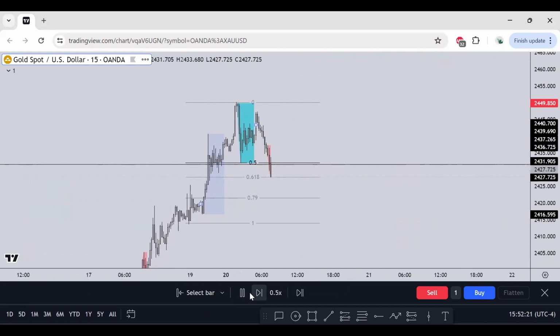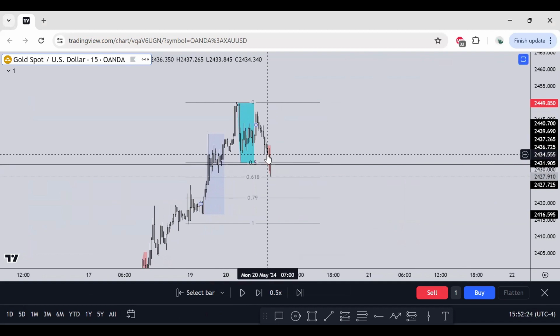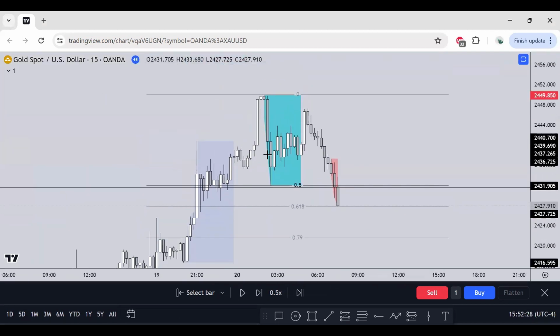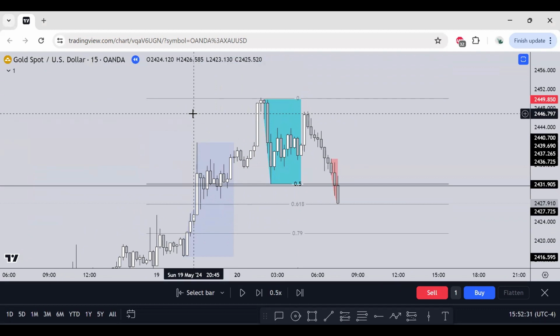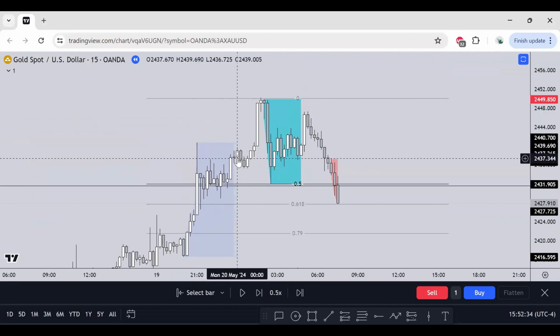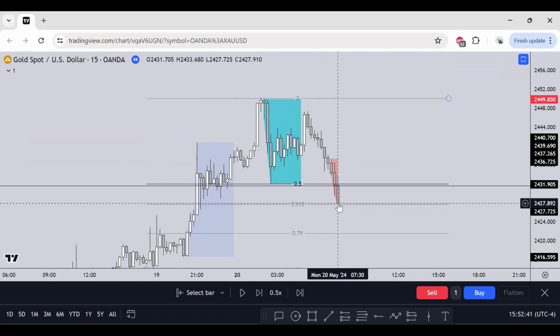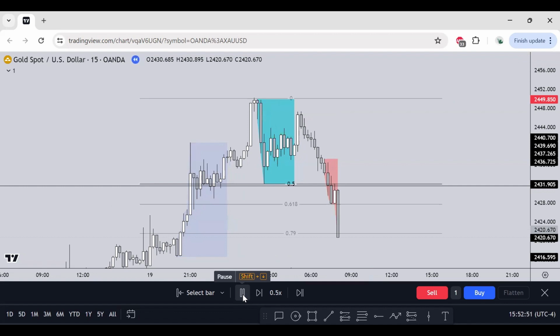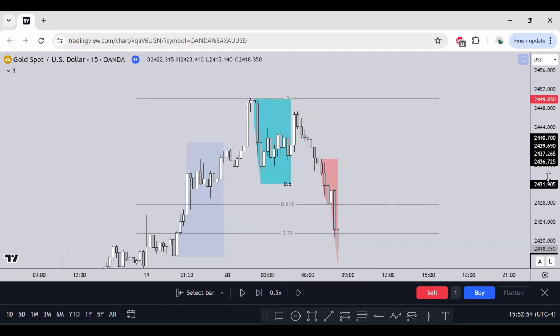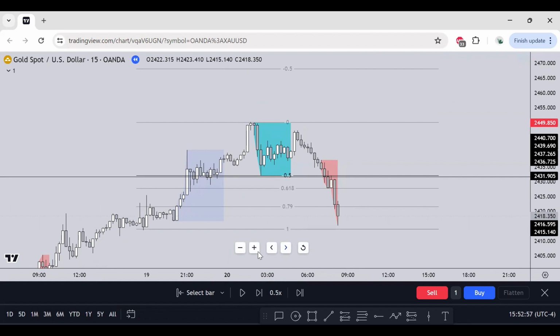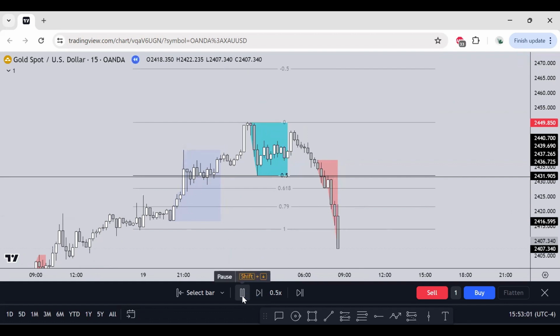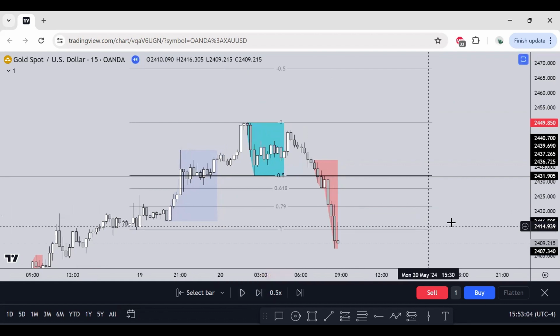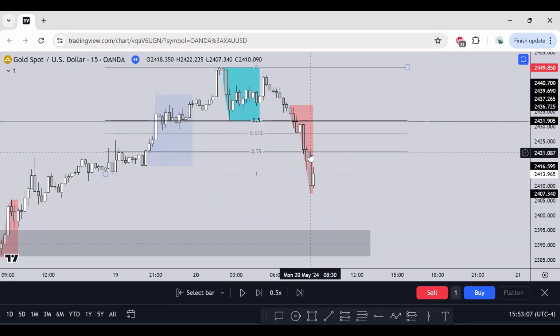Let's go to the first one. Oh, I'm on the 15-minute. So this is where the New York kill zone has started. One of the ideas is if I am looking for buys, I want the price to be below the blue midnight open. And if we come into New York time, I want to take buys below the 8:30 open. Let's see if we get some type of market structure shift over here, which obviously we do, that's all in hindsight. Where is the 8:30? Okay, this is where we have the 8:30 candle, this one here.